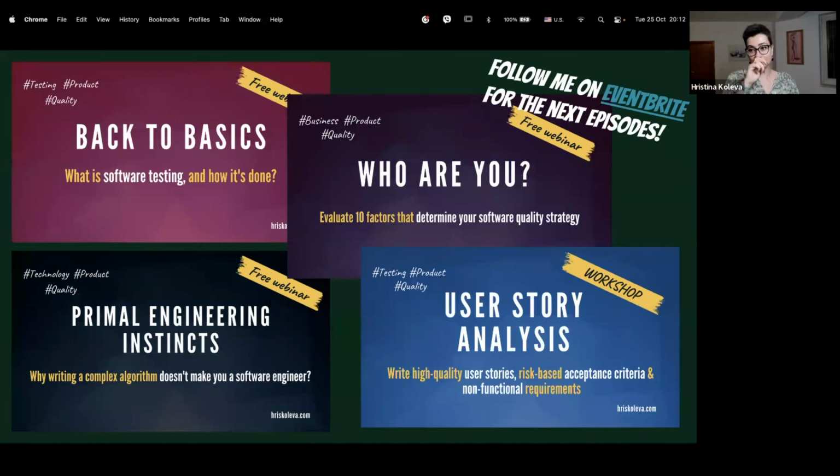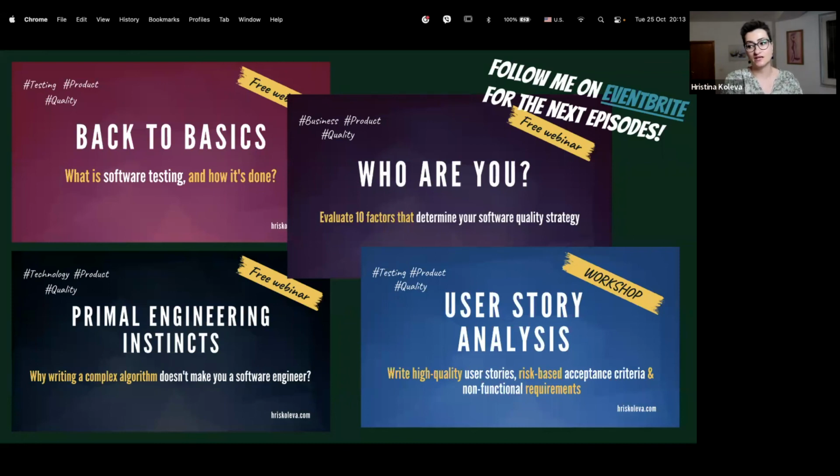All right. Next plans from my side. I don't have the dates yet, but these are my plans. I want to create several more talks and one workshop about user stories. The first talk was very much in the form of a lecture rather than interactive. So what we talked about in the first webinar, high quality user stories, I want to exercise with anyone who is interested.